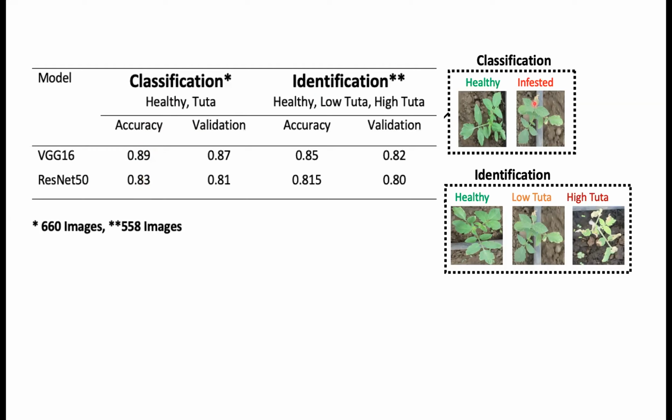But when it comes to the identification, it's really tricky because, as I mentioned earlier, we have this quantification case, but can we just quantify it in terms of low and high? We considered only two cases, the healthy, low, and high. Still, it's promising. We have 85 and 81, considering this kind of performance, just the accuracy and the validation, and considering a very small image number, of course, with a lot of augmentation, which we did here, which is again very tricky